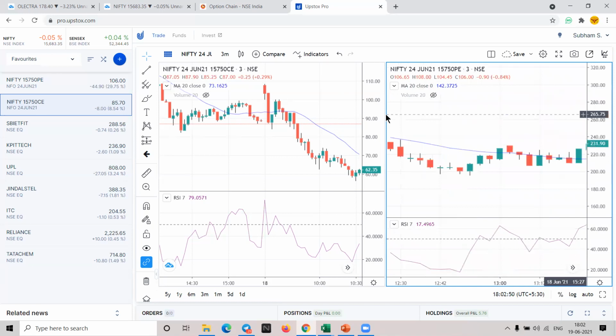Don't do selling, don't do buying when the moving average is not giving you confirmation. You are understanding, right, why we are using a moving average here? Why are we using a moving average? Trend identification, to check the trend and see the strength. The trend should be with you. You should not trade against the trend. You will lose out.